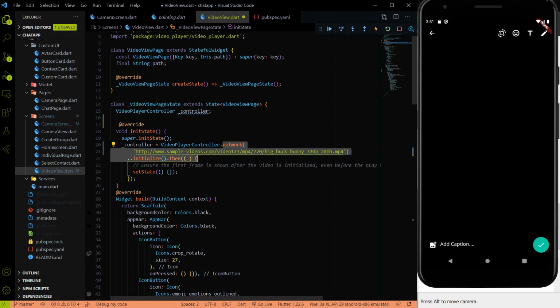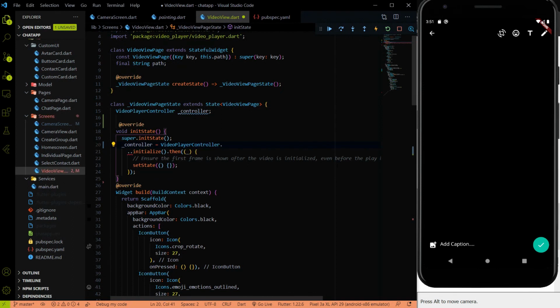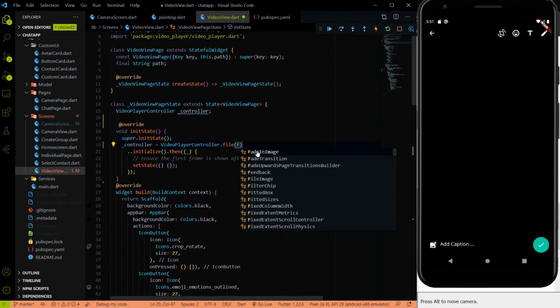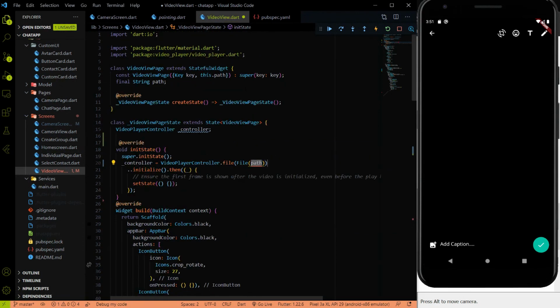Let me delete this network and use VideoPlayerController.file, because we have to play the video from the file only. And I'm going to use this File, and remember the dart:io is imported, so use the File which dart:io provides, and let me provide the path which we are getting from the camera screen.